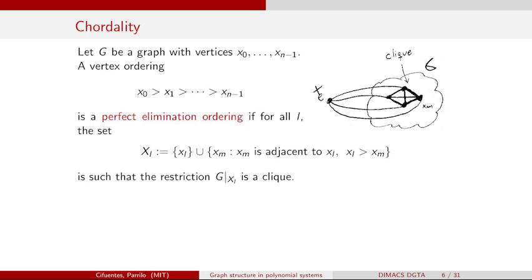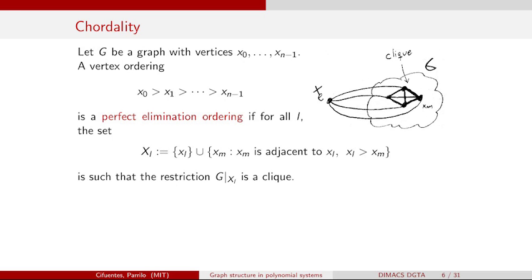So what is a chordal graph? First of all, even before a chordal graph, let me define this notion of a perfect elimination ordering, which is some property that a graph may have or may not have. I'm going to say that a graph with vertices x0 to xn minus 1 has a perfect elimination ordering if I have an ordering of the vertices x0, x1, ..., xn minus 1 such that the following property is true. Think about the vertices of my graph. I'm going to start with vertex x0 and look at x0 and all its neighbors.